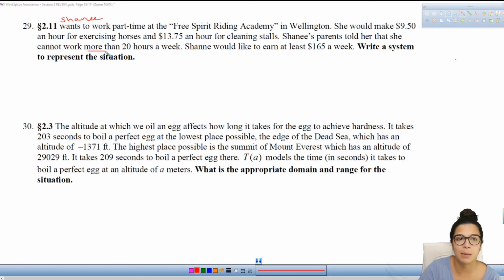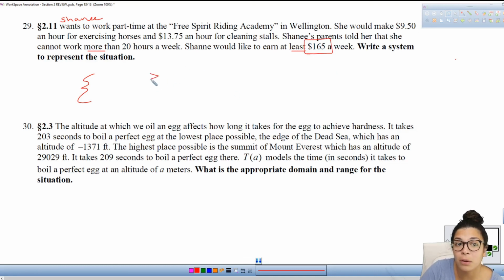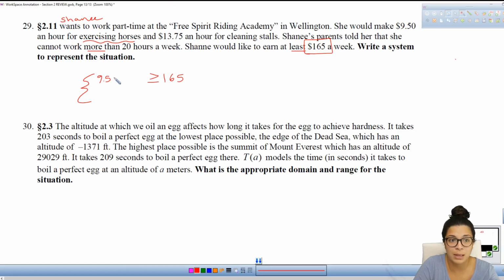So notice that we're using words like more than and at least, right? So this is going to be a system of inequalities. So she needs to make a total of at least $165. So the amount of money that she makes needs to be at least, which means more than or exactly $165. Now that is going to be calculated by taking how much she would make exercising horses, which would be $9.50 times however many hours she works exercising horses, which is X, and then add that with $13.75